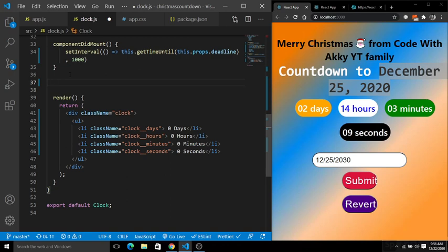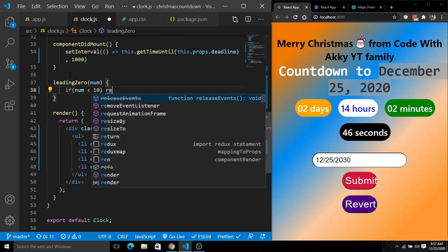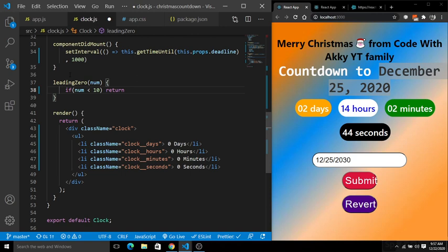So I am going to create a function leadingZero. Inside this leadingZero we have number, and here you create the following condition. If the number is less than 10, then simply return 0 concatenated with the number.